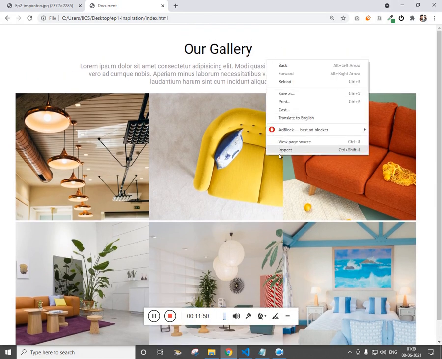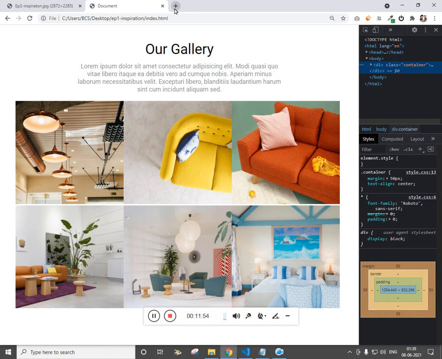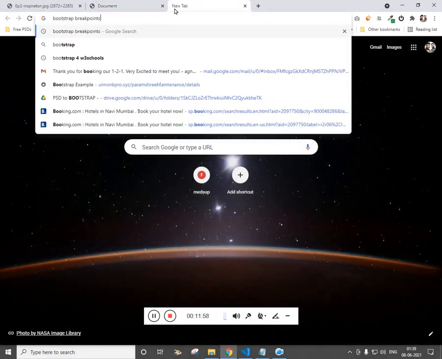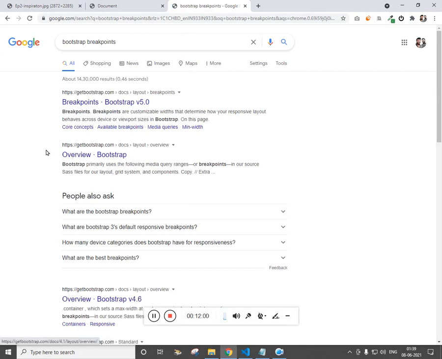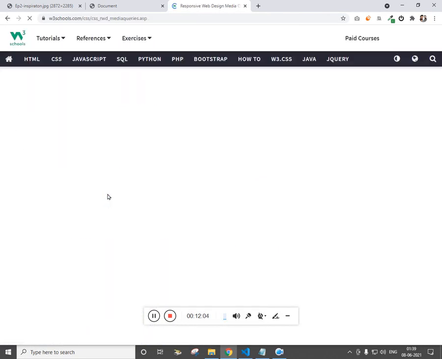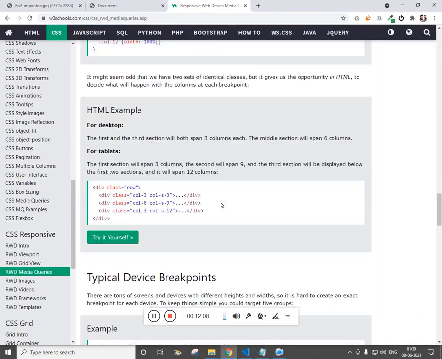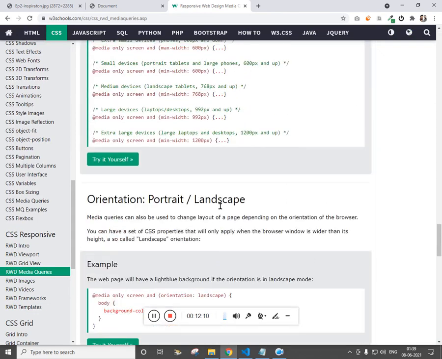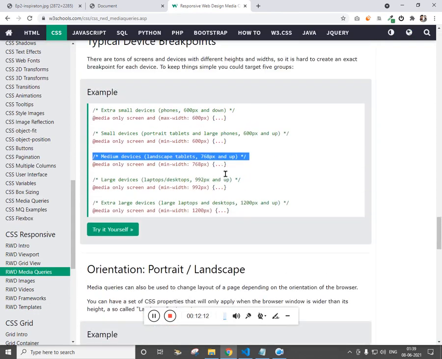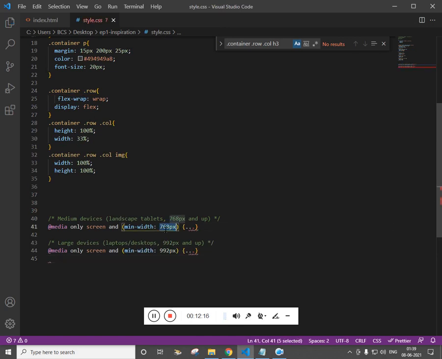Now for the mobile version, as I said, we are going to design it for the 3 breakpoints. So we are going to target the breakpoint of tablet as well as desktop. You might be wondering why we are targeting desktop. I'll show you in a minute. So let's target the 2 breakpoints, tablet and desktop.